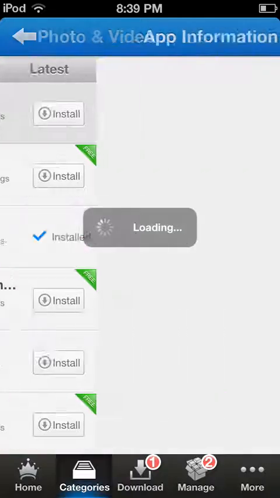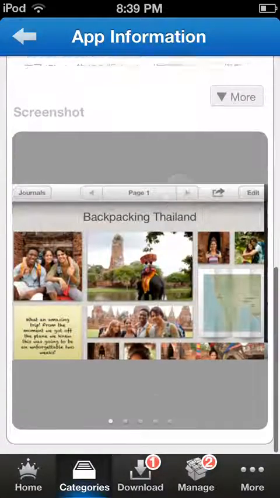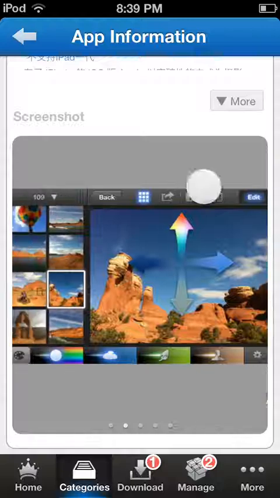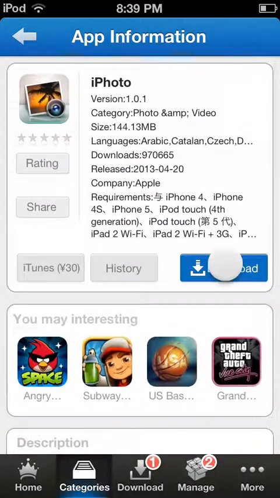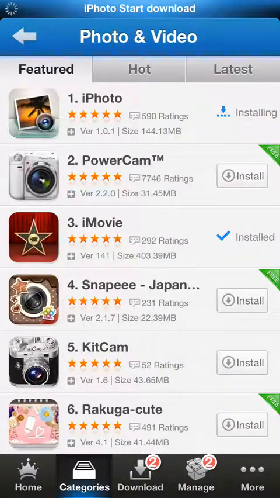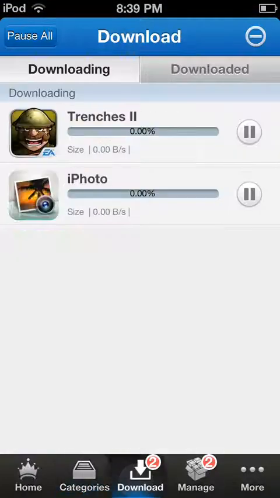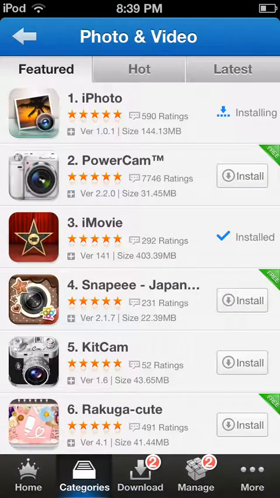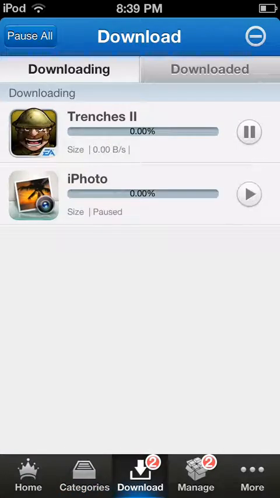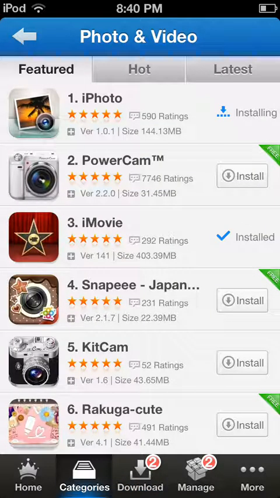Now there's this thing called iPhoto. Sounds pretty cool, so why don't we just download it? You can look over it and stuff, and eventually it'll start downloading, but it takes a while. Sometimes it'll pause and say the source may have changed, please restart the download or installation. Just ignore that and keep on pressing resume.